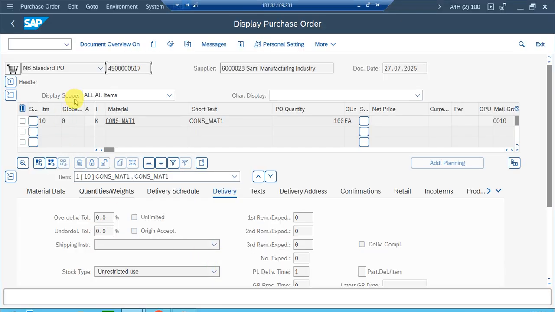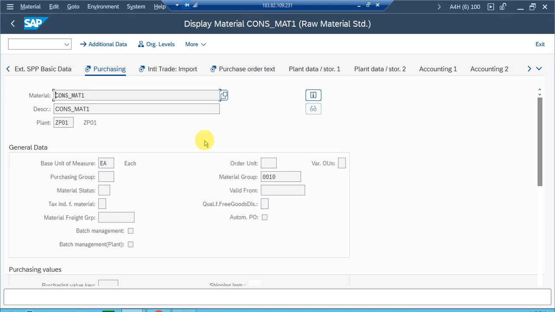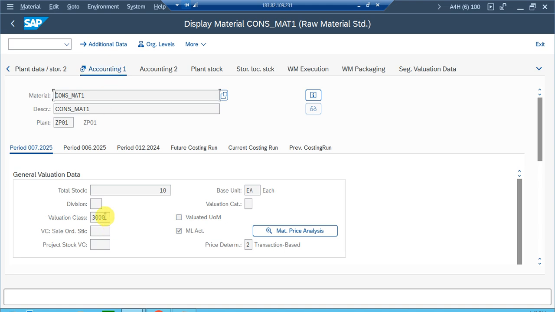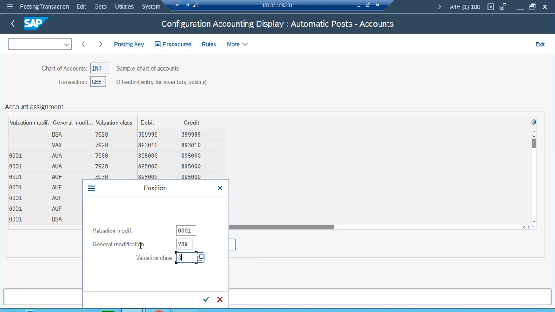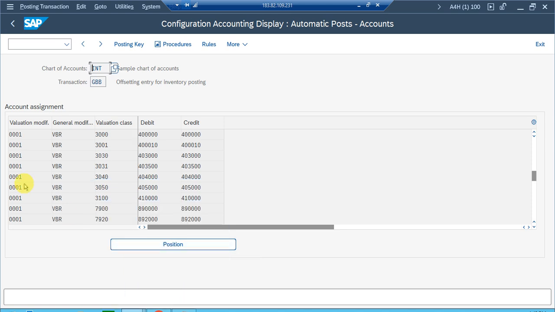If you go to the purchase order and double click on the material field, in the accounting one view you can see the valuation class. So my valuation class is 3000. So for this combination: chart of accounts, transaction key, valuation modifier, general modifier and valuation class,